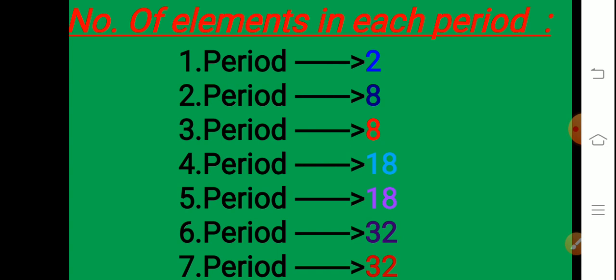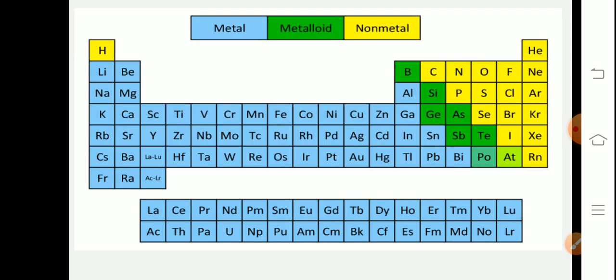Now, in the periodic table, by looking you can't say which elements belong to metals, non-metals or metalloids. Let me give one idea so that you can identify which elements are metals, non-metals or metalloids. Okay, listen here. Here is the table. There is a simple trick to identify them in the periodic table.